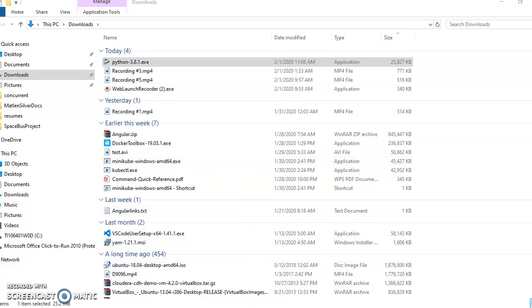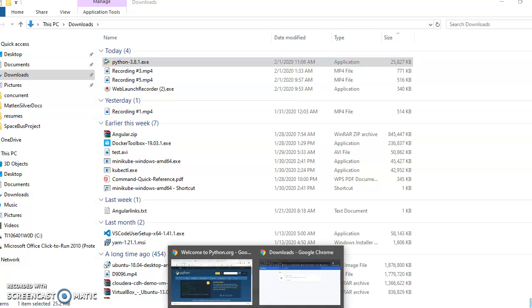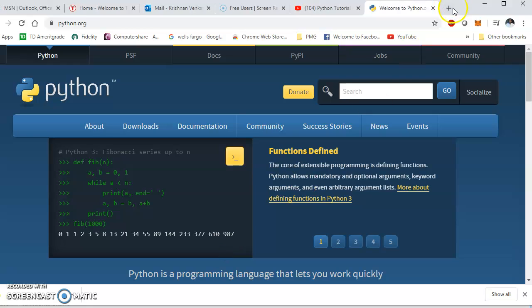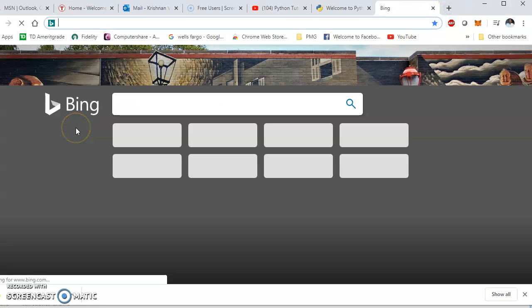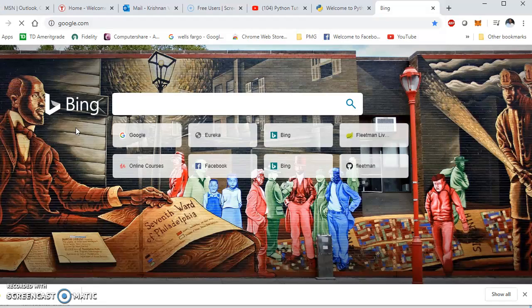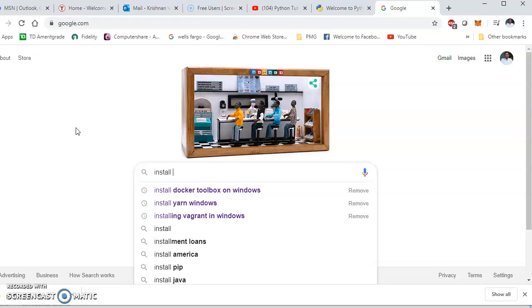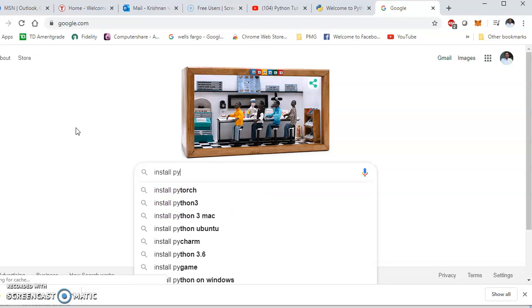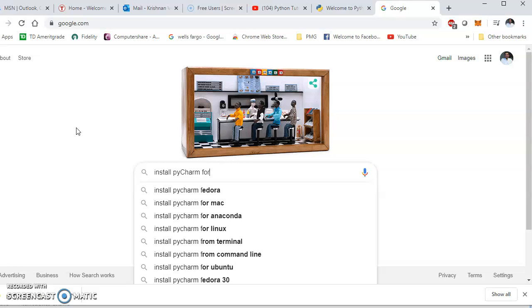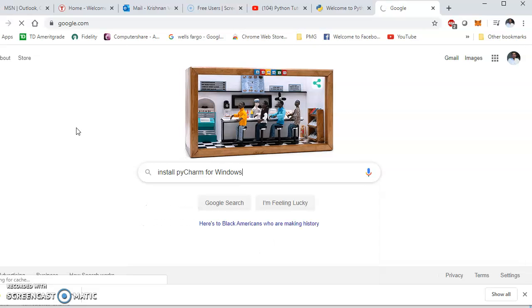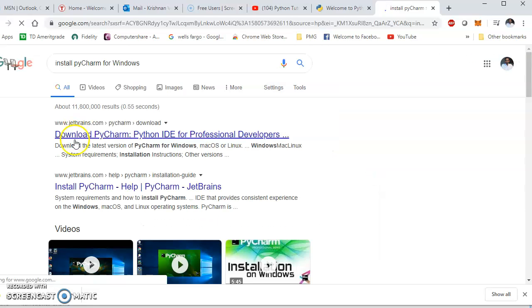In order to do that, go into the browser again, and let's just say install Pycharm for Windows. We do that, and the first link which comes up is a link for www.jetbrains.com. So we go in there,